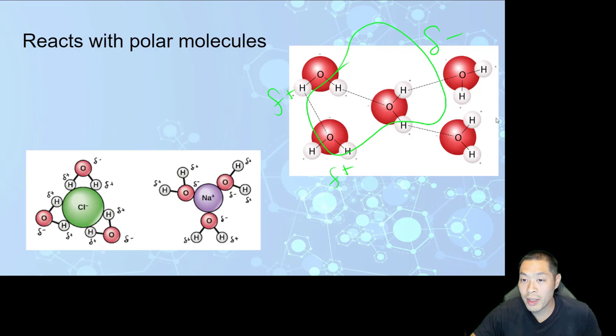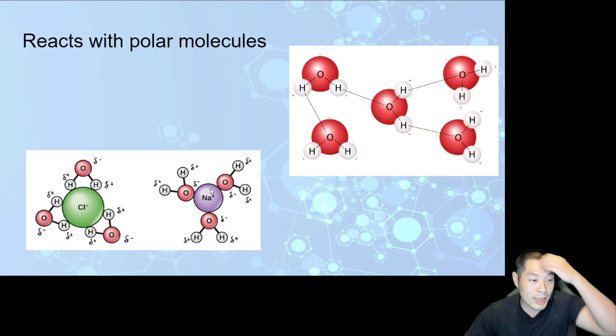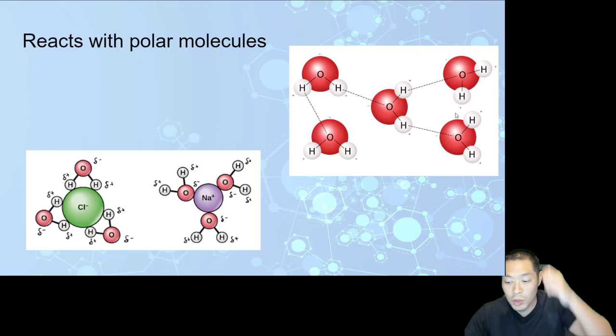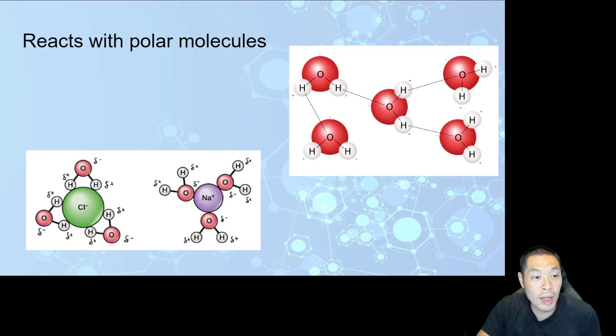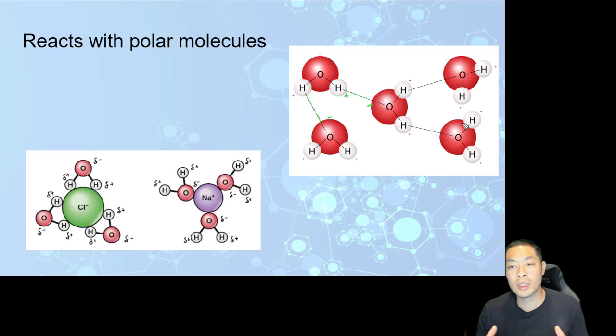So with itself, it's going to have certain properties. And with something that's polar, it's going to have certain properties. So you'll notice with itself, it's going to create something called hydrogen bonds. The hydrogen here is going to react with another oxygen because this is negative. This one's positive. It's going to create something called a hydrogen bond. Here's another one, positive with negative. Okay, positive and negative. And it's going to create these connections or chains with each other, which kind of adheres